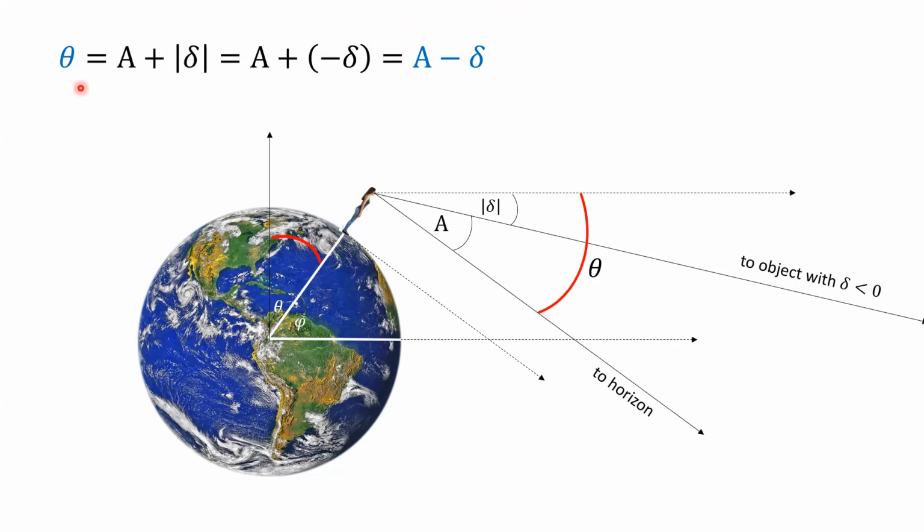Okay, so this is the overall equation we're interested in. Your colatitude would just be the altitude of something minus its declination on the celestial sphere. Let's solve this for A, because remember, you've been measuring the altitude of the sun at noon with a clinometer. You did that experimentally. And now we've got a relationship between these three quantities. So add delta to the other side, and you get this equation. I've solved for altitude. The altitude of anything in the sky should be your local colatitude plus the declination of